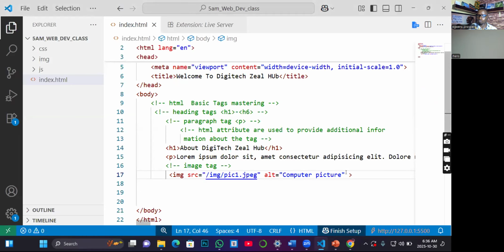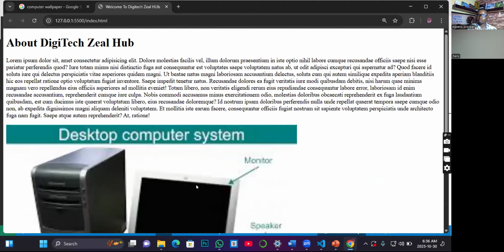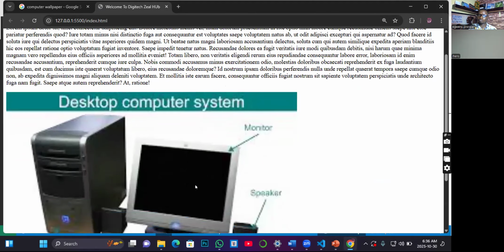Now, I wanted to show us the last one before we end the class. If, for example, I don't want to bother CSS to increase the size of the picture, this particular tag has width attributes that you can just type, and then the width I can say, okay, let it be 800 px. That is pixel. If I go back now, you can see that I have not started consulting CSS, but I'm just leveraging on the HTML inbuilt attribute for increasing the size of a container,